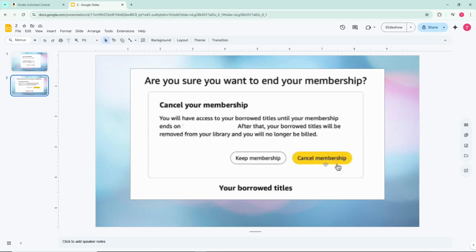Keep in mind that you'll still have access to Kindle Unlimited benefits until the end of your current billing cycle, so you can continue enjoying your books until then. After that, your membership will officially end and you won't be